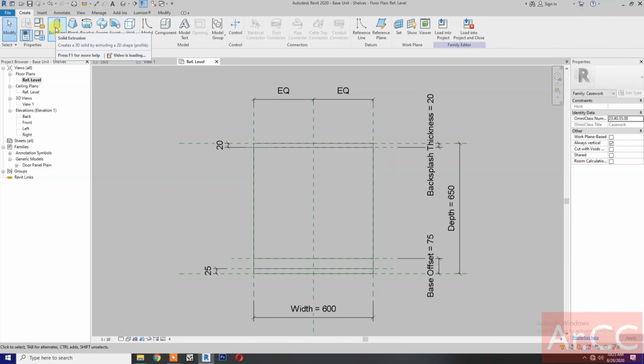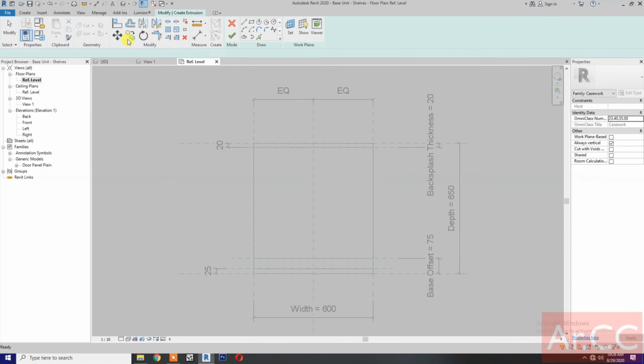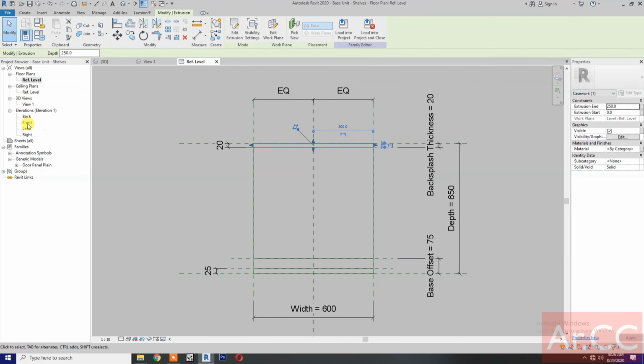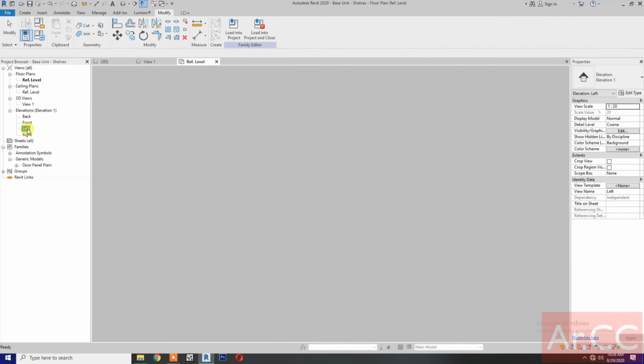next, let's create an extrusion. Select the rectangle, align, select the line, lock. Okay, finish the extrusion, go to left elevation,